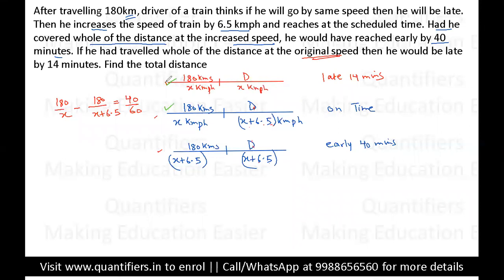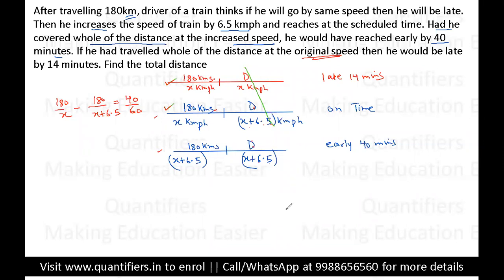Now students, just look at these two cases. If you focus on this first region, distance is 180 in both the cases. And students, speed is also same. So again, there will be no difference of time from this region. इस region से time का कोई भी difference नहीं आएगा. So basically the difference of 14 minutes is coming from this region.